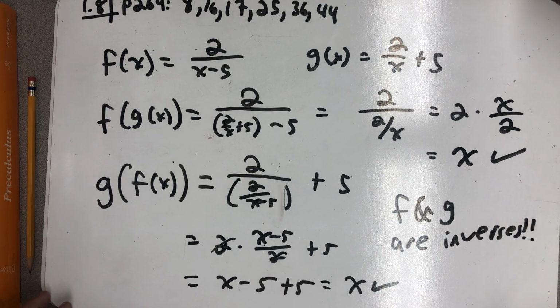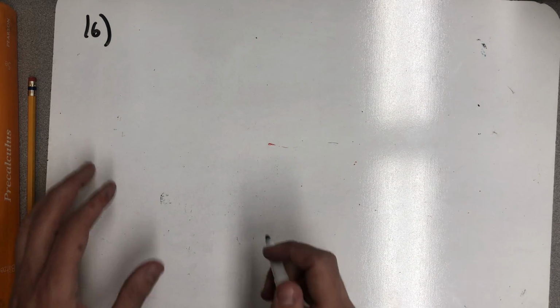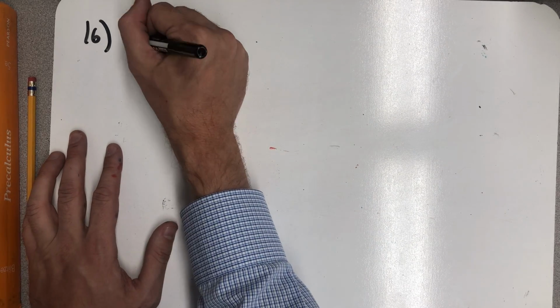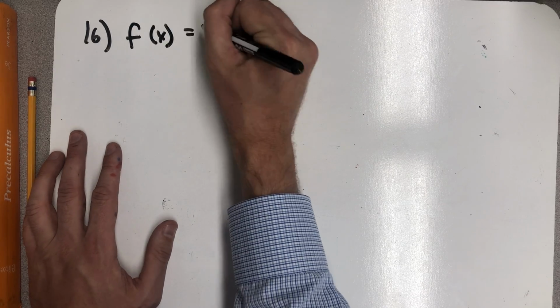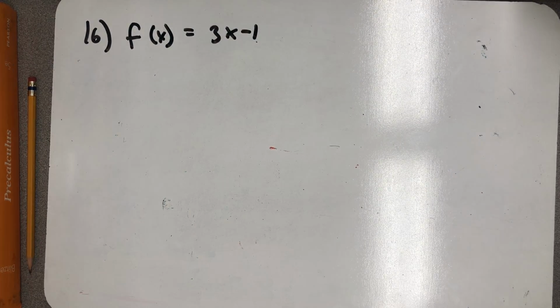All right, next up, problem number 16. Problem number 16 gives me one function and asks me to find its inverse and then verify it doing the thing we just did. So number 16, my function is 3x minus 1. We'll start by following our simple process